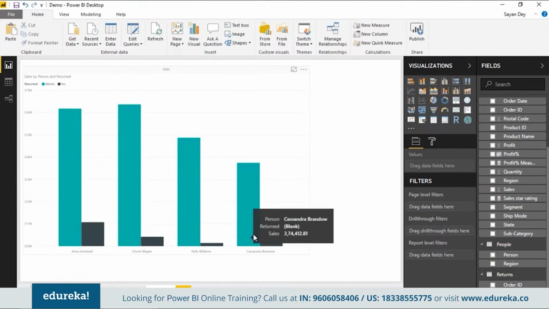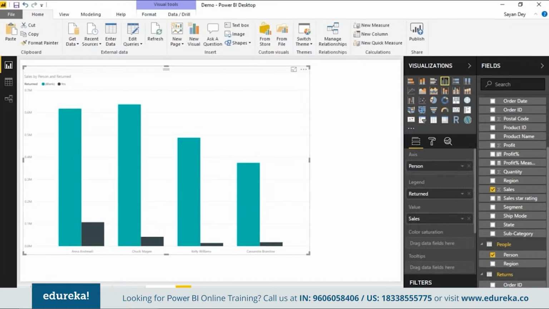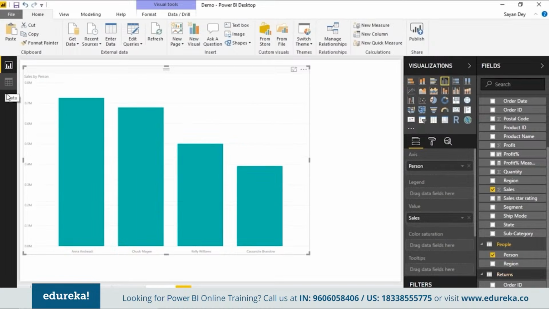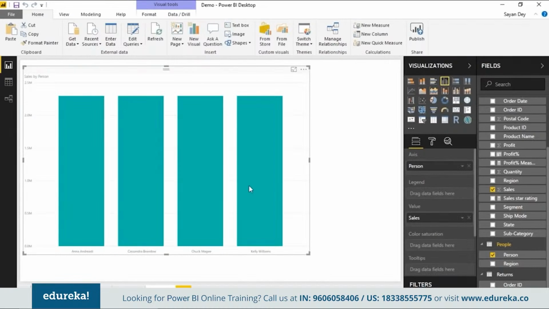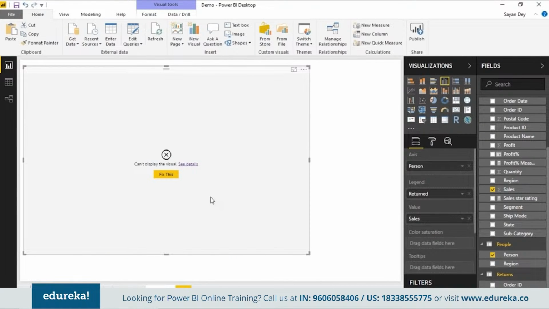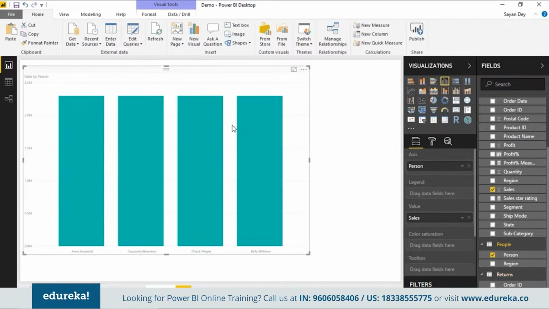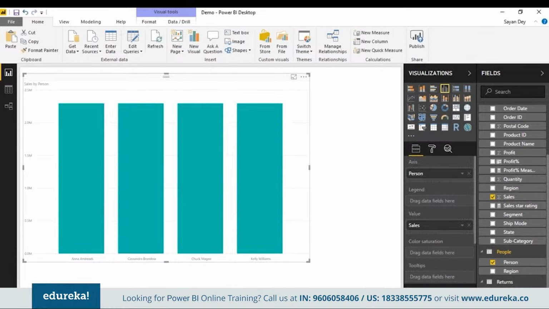Okay, so you can see the visualization that I have here. I have selected fields across three different tables, and this was possible only because I've related the tables. If I had not related my tables, if I just go back and remove the relationship here, if I make them independent tables without any relationship, you can see that it'll give the same values. At times, Power BI will give an error like this, and at times it'll actually go back and give the same value. Okay, so that's an important thing to remember and understand exactly why relationships are required.